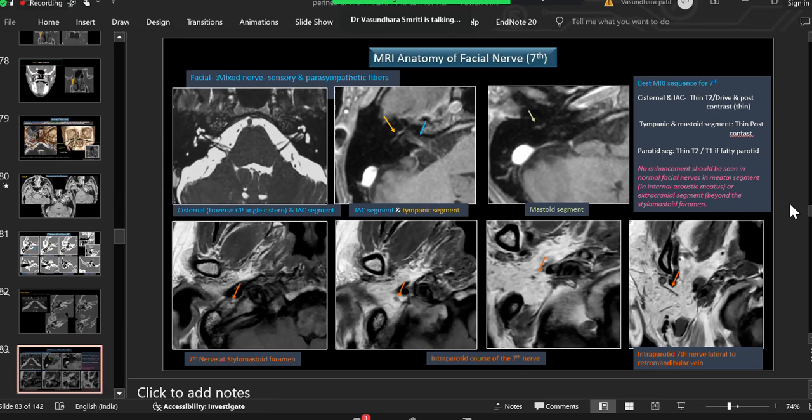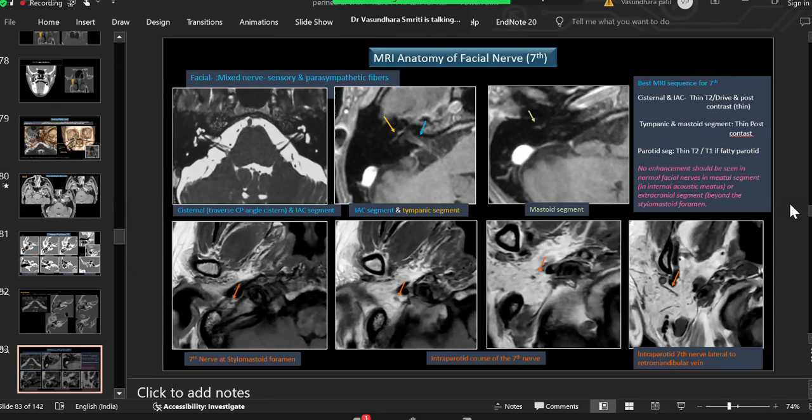Once you make a fat set, now you won't be able to see thin nerves. We do take one STIR to look for any obvious appearing thickened nerve. But for little thickening of the nerve, you will not be able to see if you don't do a fat set. Somehow we have the habit of doing a non-fat set, thin T1 and T2, and a STIR coronal image